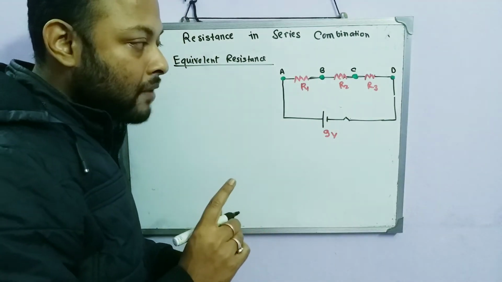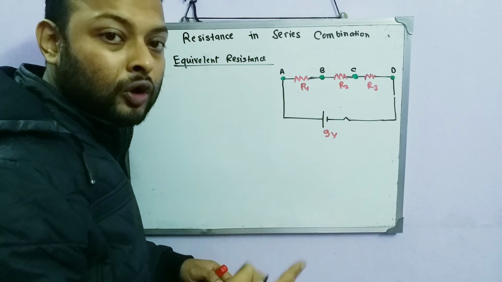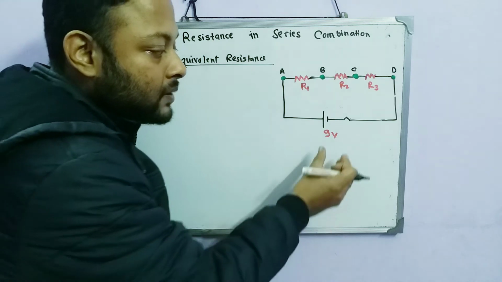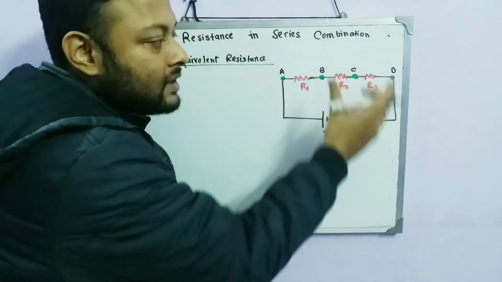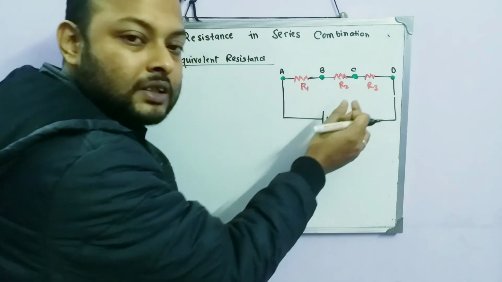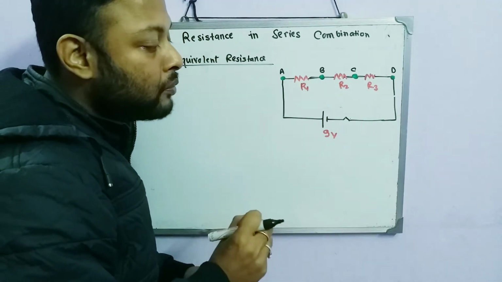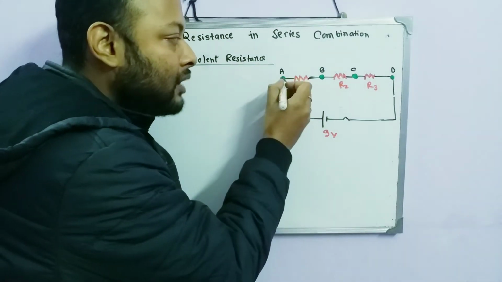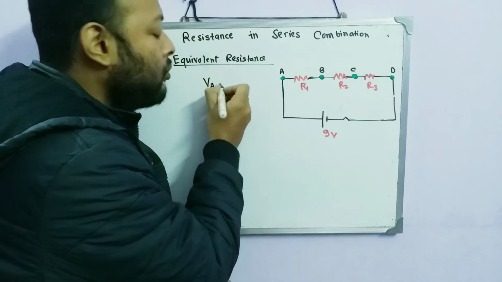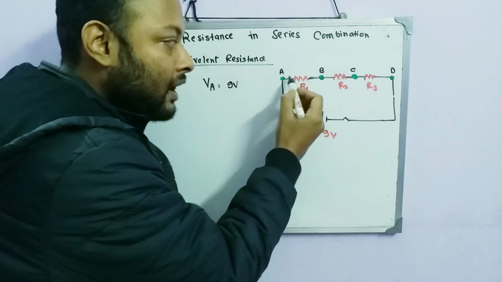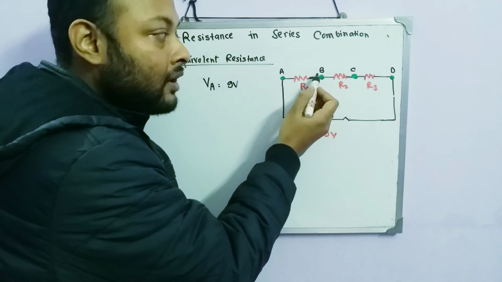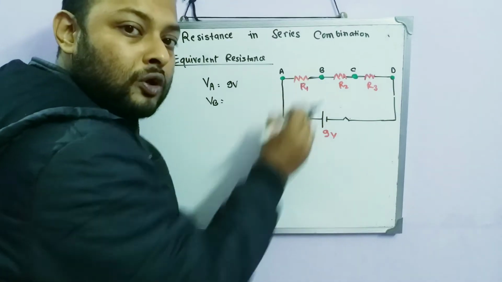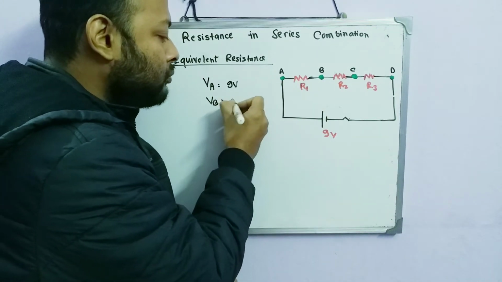Now we have to remember, I think I taught you something about potential drop. When a resistance is there, it will consume some of the potential, this potential difference that I am giving to the entire circuit. Each resistance will consume some potential from the battery. So if the 9 volt potential is given at the point A, that is 9 volt. But as we go across the circuit, at B, it won't be 9 volt anymore because this resistance has consumed. So over here at B, it probably will be 6 volt.